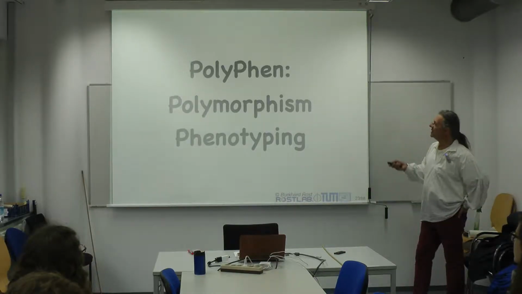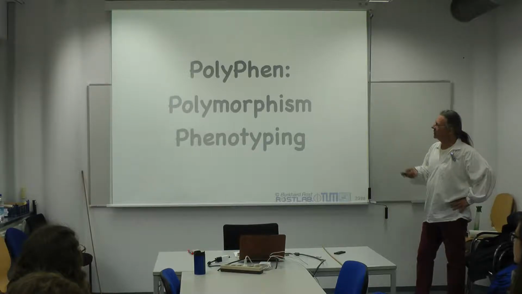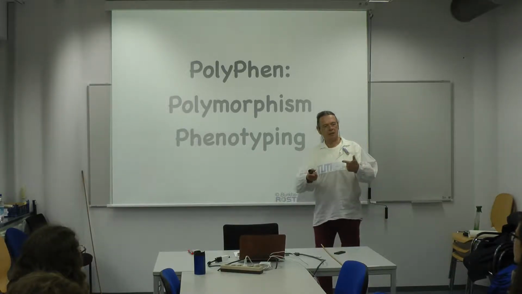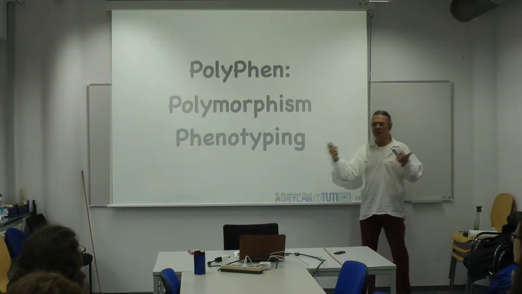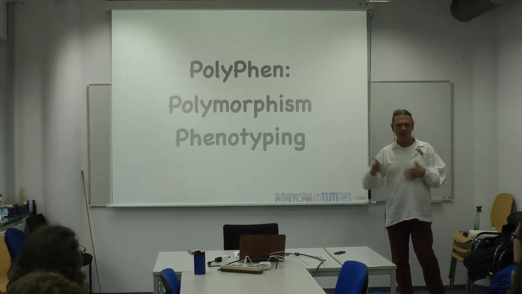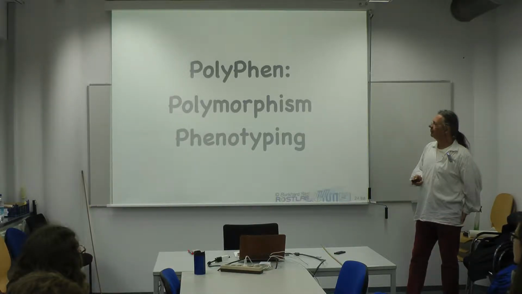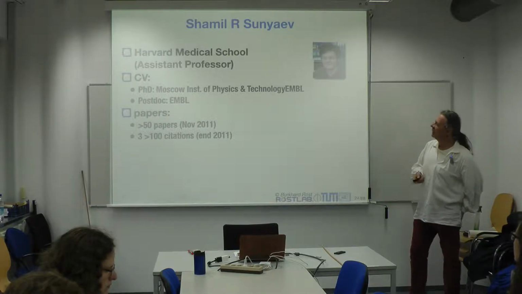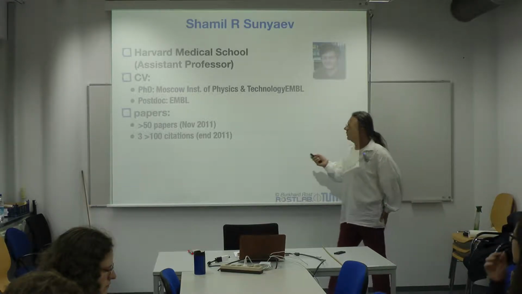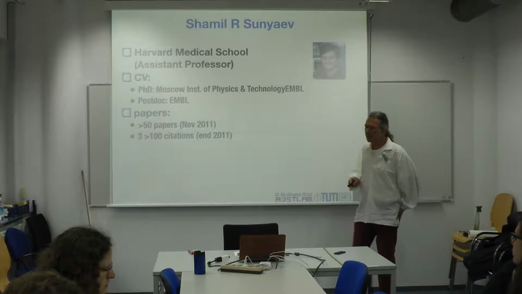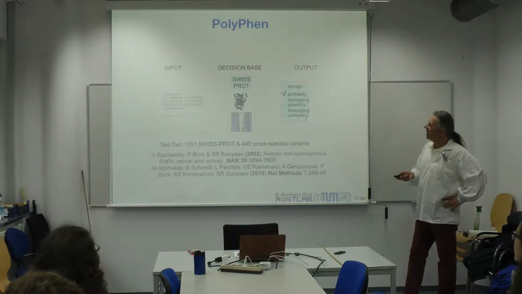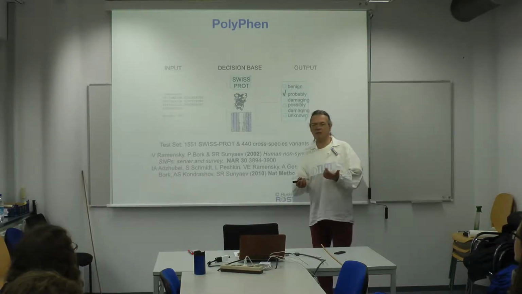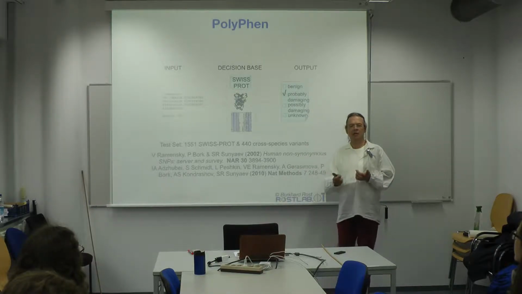So PolyPhen was the next, and in PolyPhen you already see polymorphism phenotyping. Those were the days of SNPs, so this is still when we have polymorphisms, but it's the same thing. The main person behind it is Shamil Sunyaev, now at Harvard Medical School, who has increased his influence by far more. And the idea now, as opposed to BLOSUM, is that we're not asking just what is the biophysical effect, but what is the effect against the background of the alignment.